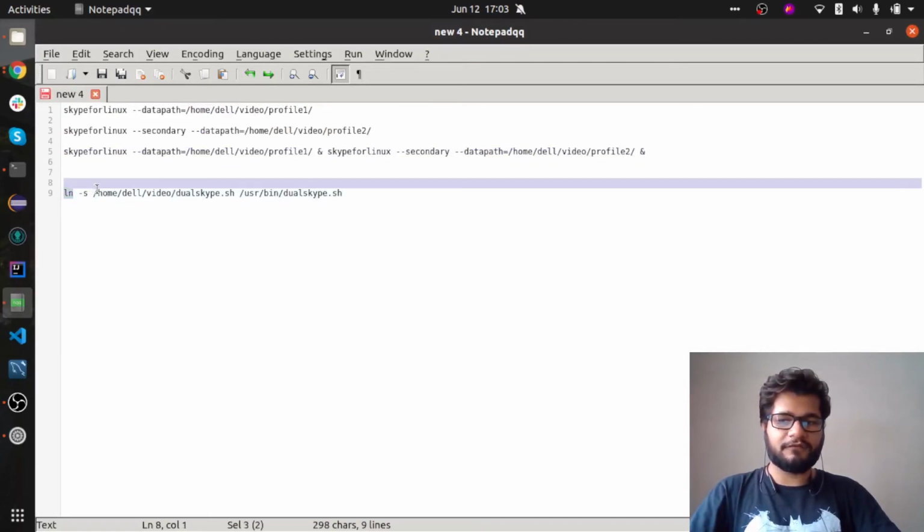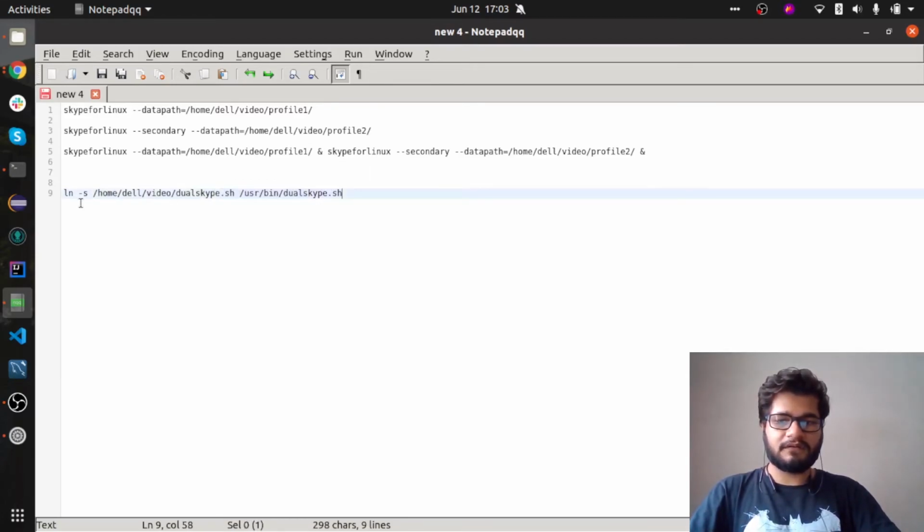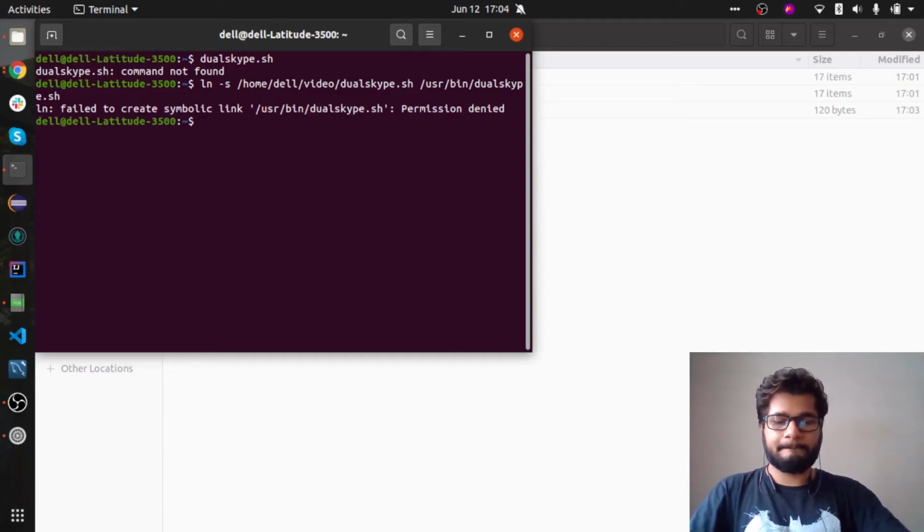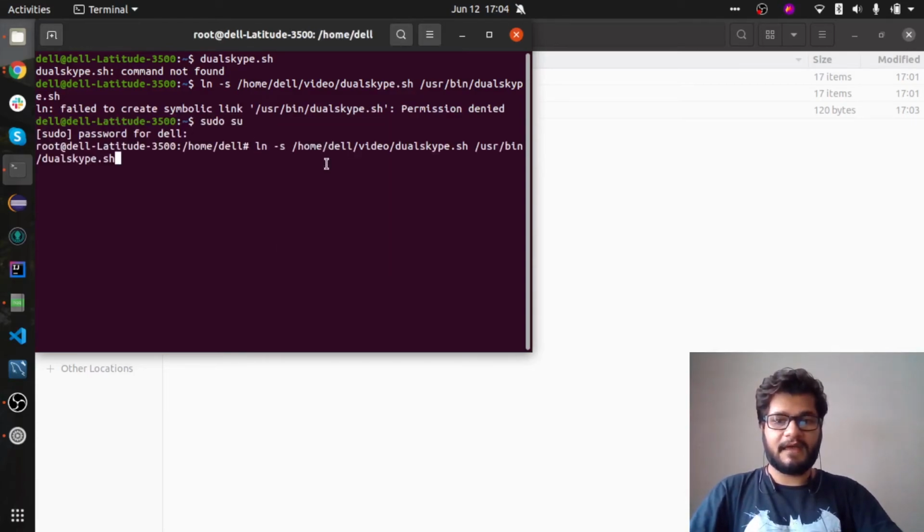This is the command to create a symbolic link, and I have the paths for both the source and the target ready. You can do it respectively according to your system's location. Now I'll be using this command.